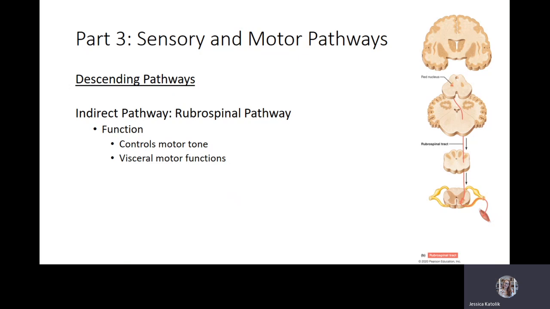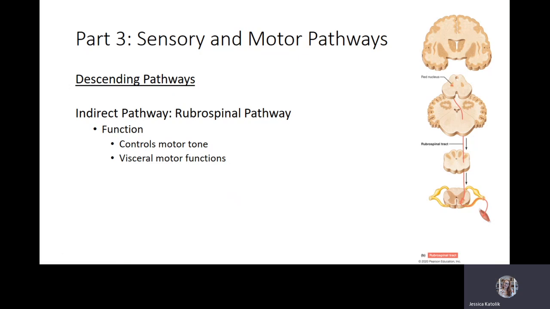Now what we're going to do is give an example of an indirect pathway. This is going to be the rubrospinal pathway. The rubrospinal pathway is going to go from the red nucleus, and the red nucleus is red because there are a lot of blood vessels there, and it will give it a red tone. And eventually it will actually travel to the skeletal muscles and stimulate those skeletal muscles